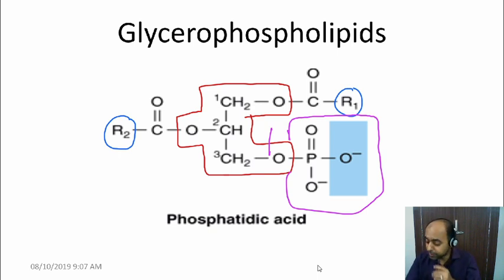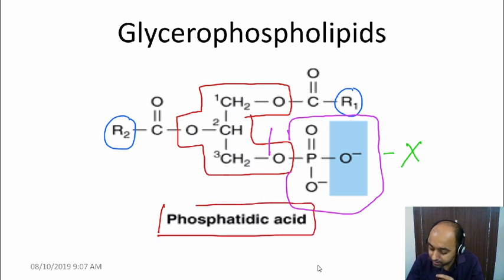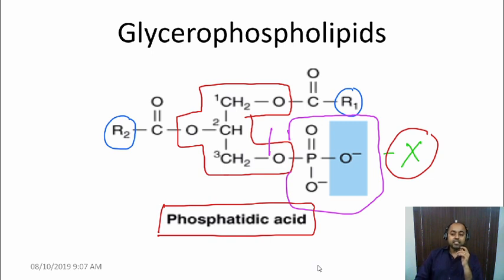All the glycerophospholipids are further modified. They are further attached to an additional unit beyond the phosphate. This building block is known as the phosphatidic acid. This is the structure that is drawn in front of you. You need not draw the structure, but understand glycerol, to which the two fatty acids and one phosphate are attached. It is modified by addition of an additional group, which we'll see subsequently. Whatever additional group is attached, that is used for nomenclature.